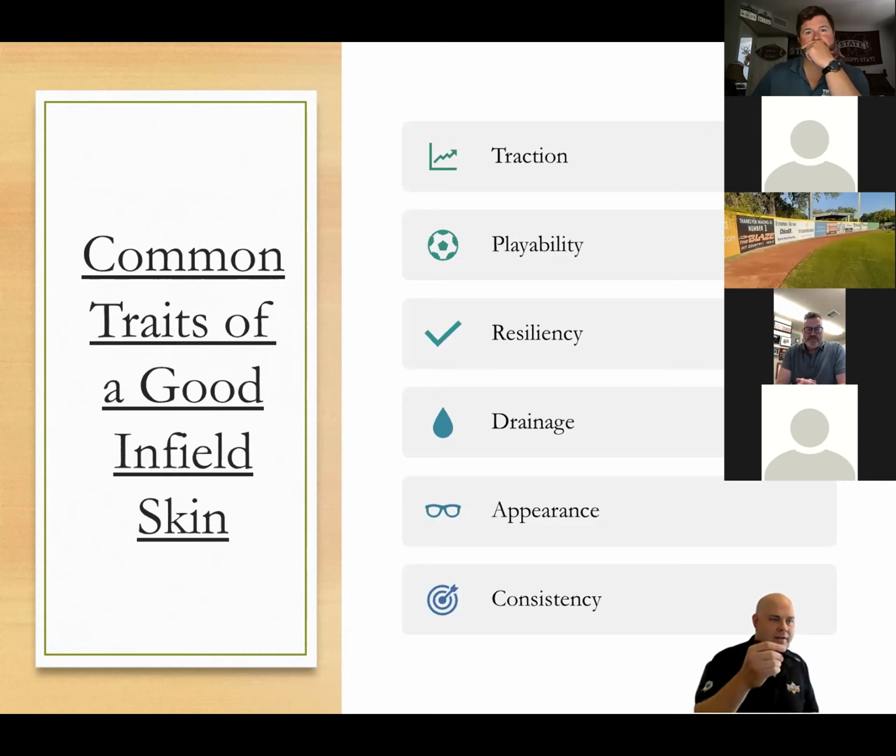A lot of people will go out and they'll take their key and they'll poke it into the surface, and if they pull it up and it has soil on it, that means it's too wet and muddy, so it needs to dry out a little bit. Or if you can't get your key in, then that's usually a surface that's too dry and needs a little bit more moisture to hydrate it.